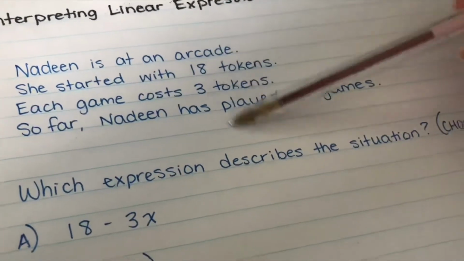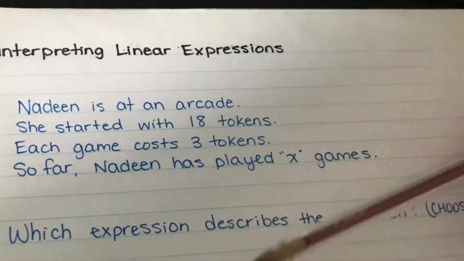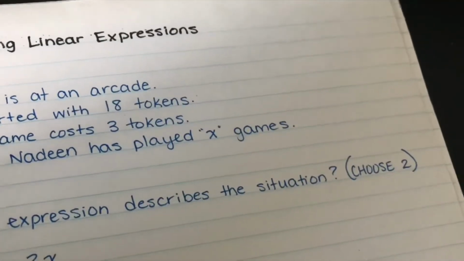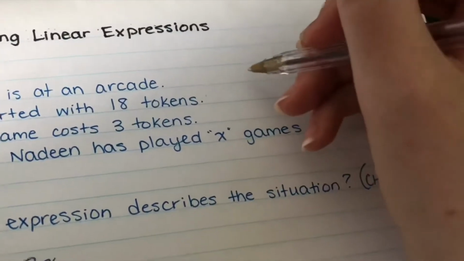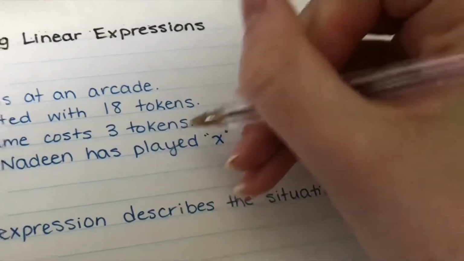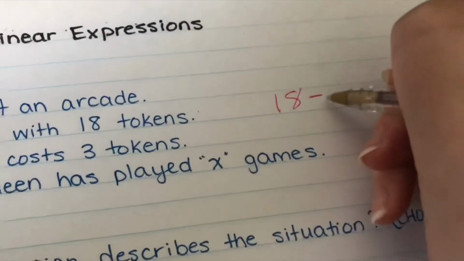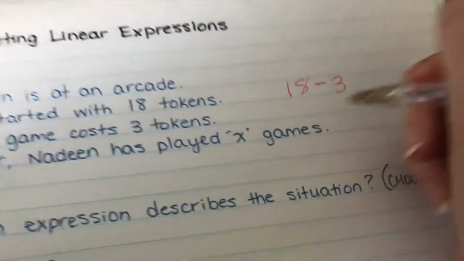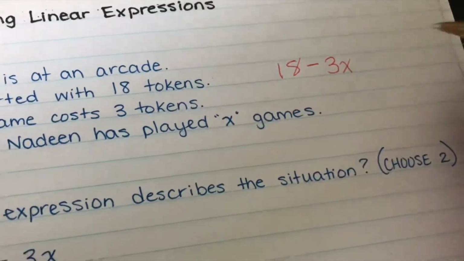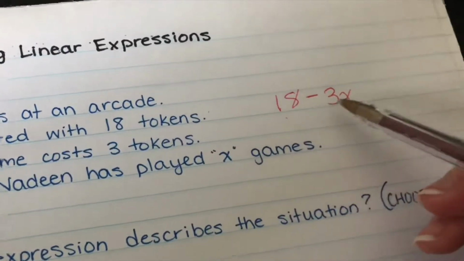So we have to take this information and put it into an expression and match it here. So before we even look at what our options are, let's just try to build the equation already and then see if it's in the answers. So she starts with 18 tokens. That's what she starts with. And she's spending them on games. So really she's subtracting them from her total. She's subtracting 3 tokens, and X represents how many games. So she's subtracting 3 tokens for every game. So that's a pretty simple expression to represent that she comes in with 18 and she loses 3 for every